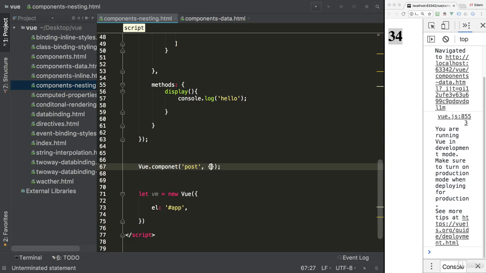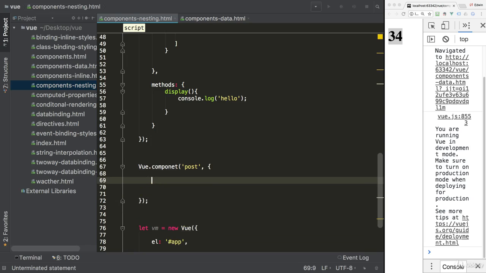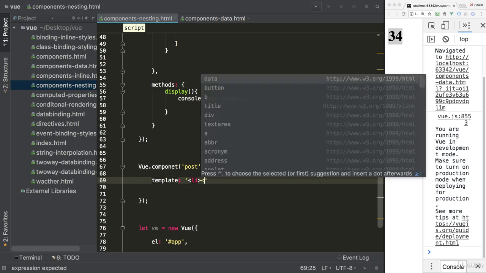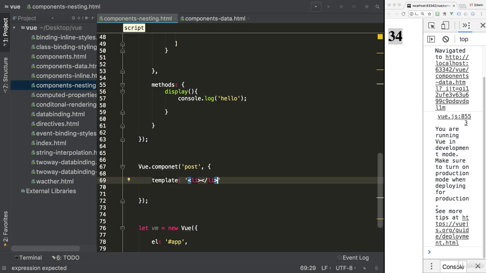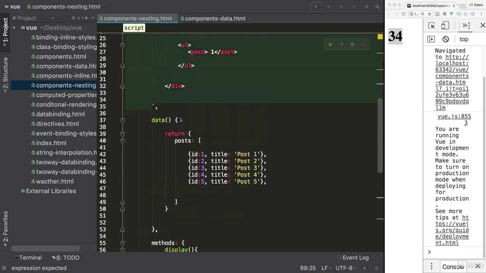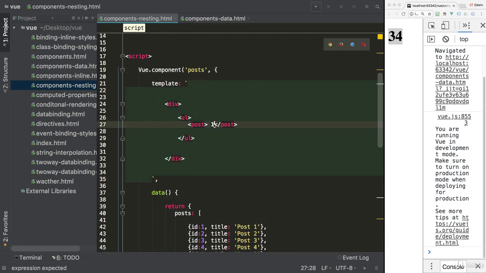Now, that second parameter here, this is going to confuse you a little bit, but don't worry, I'm here for you. It's going to be a template, and the only thing that we want this component to be is an li tag, okay? But now we need to tell Vue that whatever data comes in between this component,